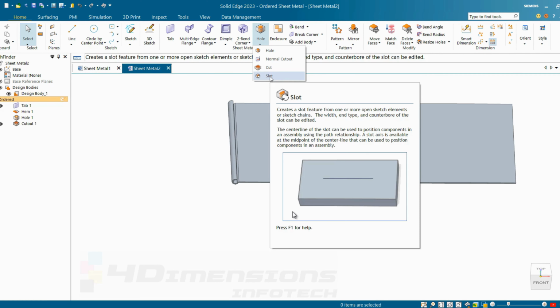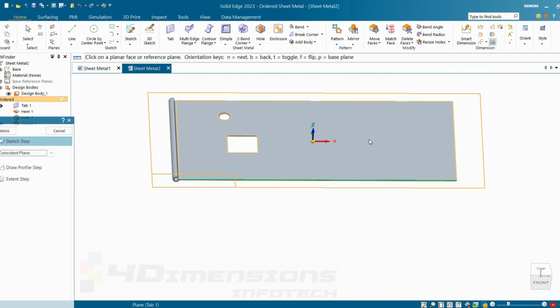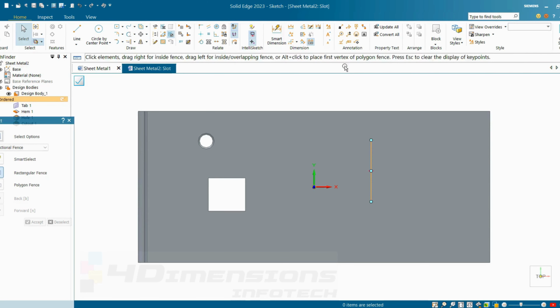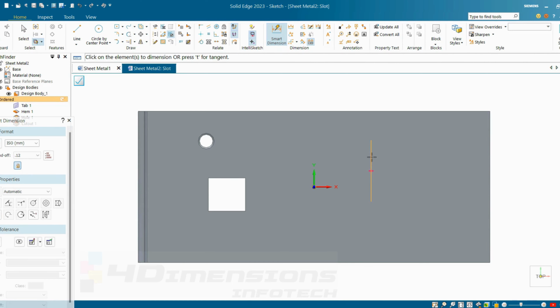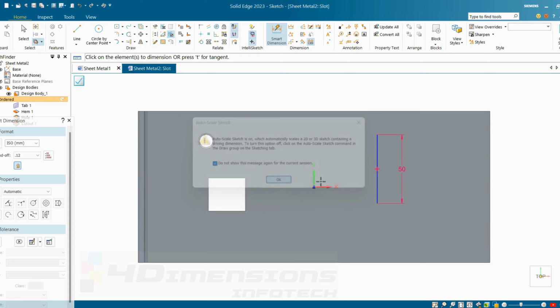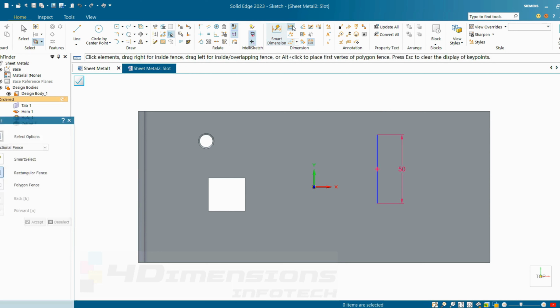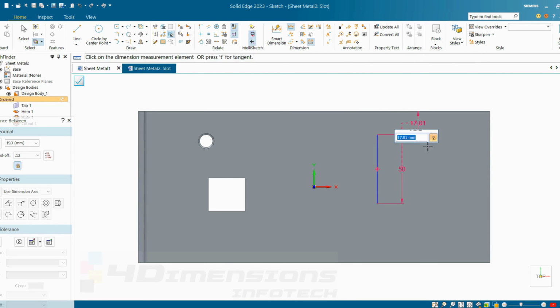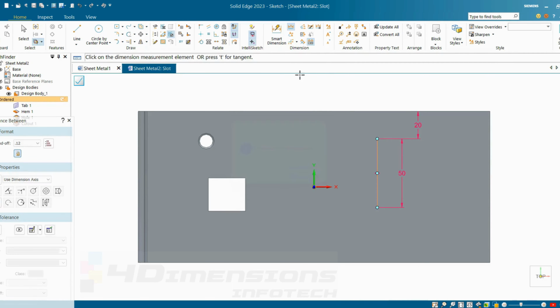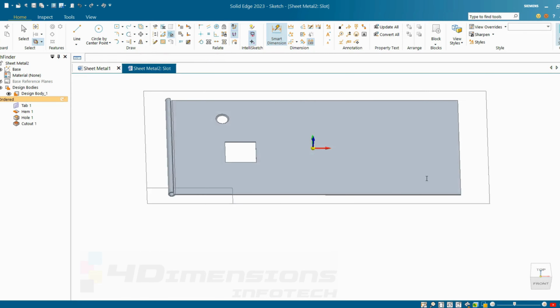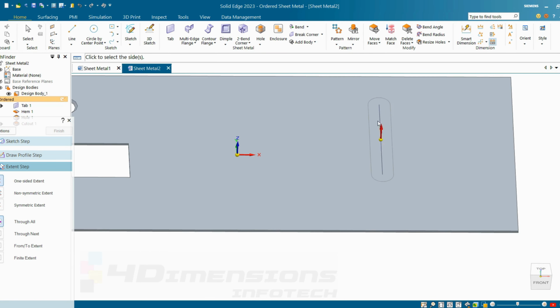The last option given here is slot cut. If I want to make a slot cut, I'll just select the face. We need to make this center to center line for the slot. Provide the length for the line here. So I'll take this line length as 50 mm. Say auto scale on and OK. Now we need to place the slot position here. For that I'm going to select the point to point dimension in Solid Edge. I'll say it as 20 mm here. And for this position I'll take smart dimension again and say 60 mm. Say close sketch and here you can see the slot is coming.